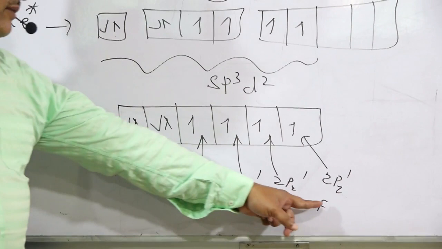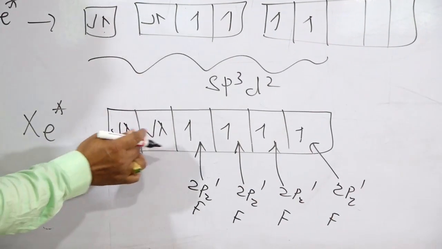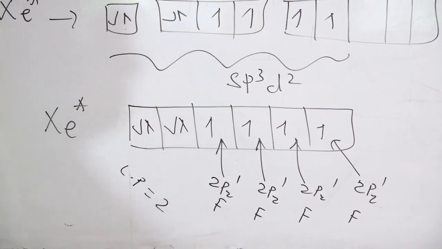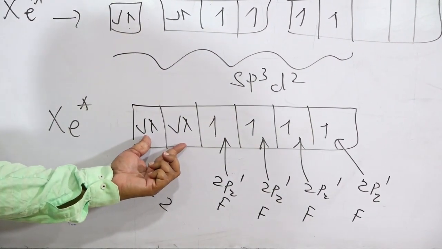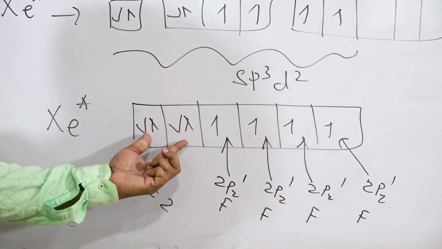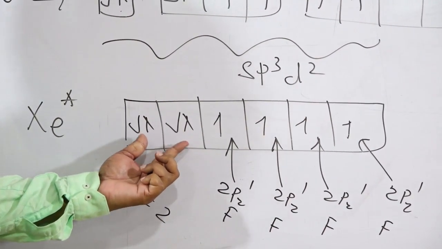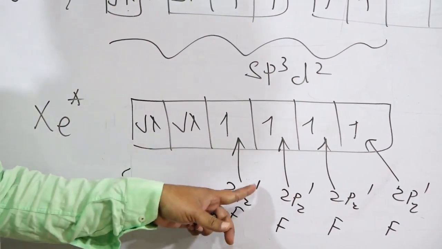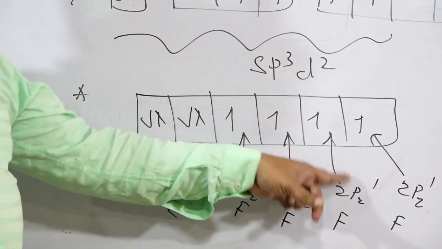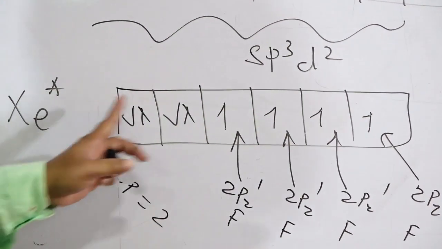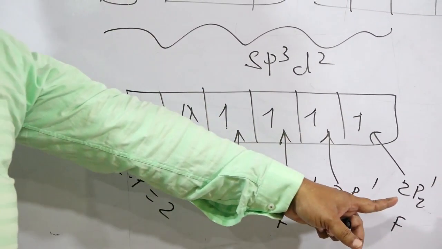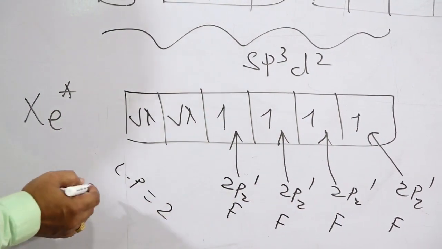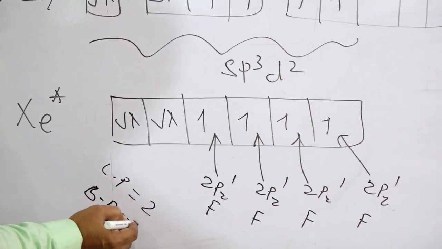Xenon tetrafluoride. The number of lone pairs of electrons is 2. These are the pairs of electrons not taking part in bond formation, already present in the hybrid orbital, and treated as lone pairs. And these are the pairs of electrons produced by mutual sharing of one unpaired electron of the xenon central atom with the fluorine pz orbital. Therefore, bond pairs equal 4.